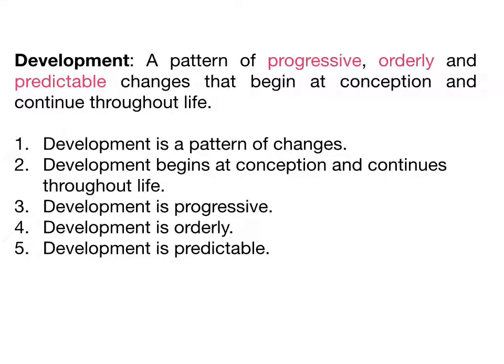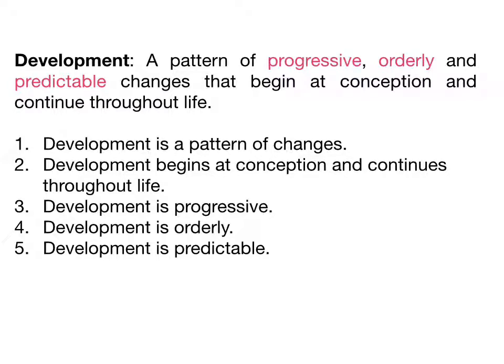Coming to the word orderly. Now, what do we mean by orderly? Orderly means that the changes which happen in the course of development are not random. They are sequential. There is a sequence to it. For example, in the example that we considered a little while ago, the child can walk only when the child has mastered standing without support. So there is an order to development. It's not that the child starts to walk first and then crawls. This cannot happen because development is orderly. There is a sequence to it.